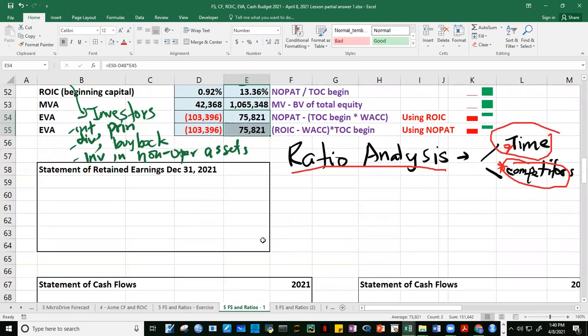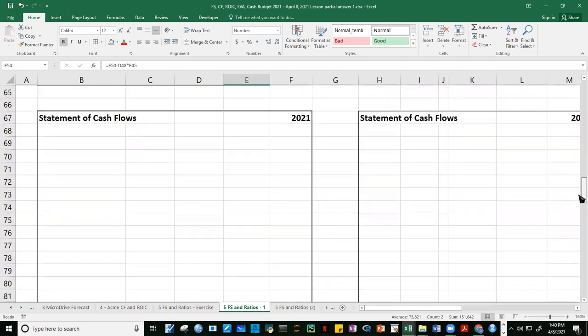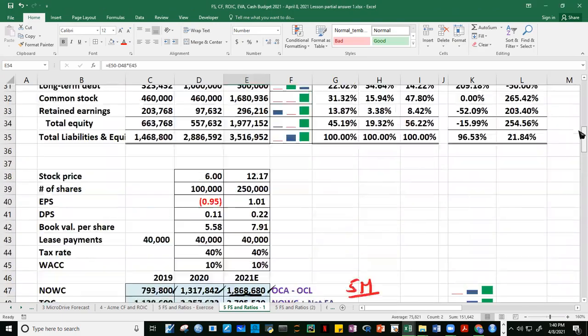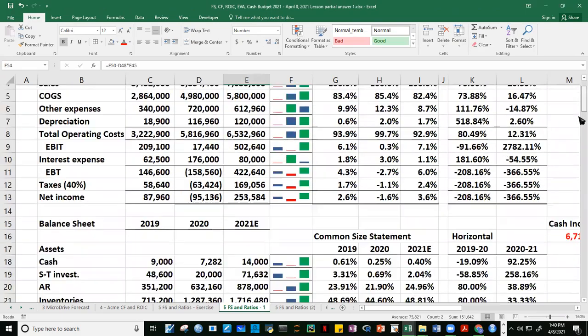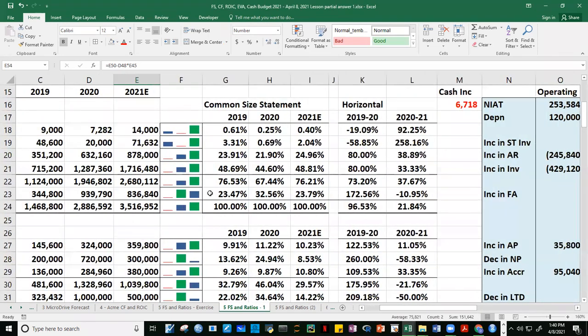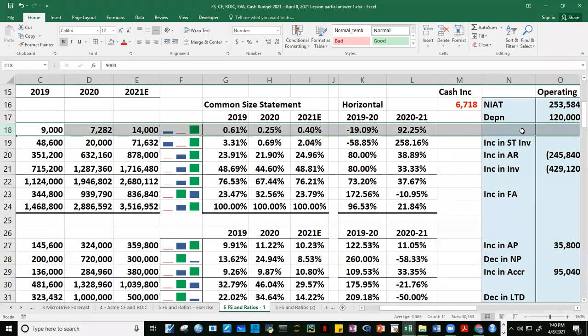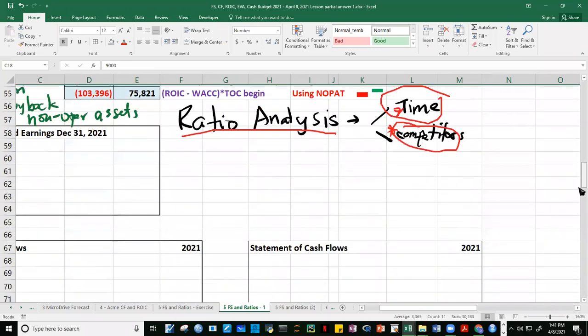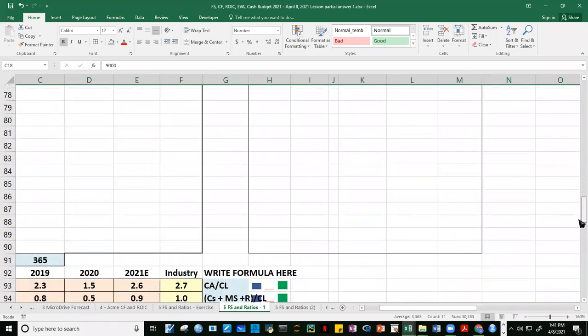So, I'll leave you guys to do this in statement of retained earnings. May pattern na naman kayo niyan. Okay, thank you, Christian. Okay, and then statement of cash flows. Okay, and dito yung pro forma. Dito ko na lang ginawa yung pro forma, guys. Katabi mismo ng balance sheet para mas madali. So, katapat siya mismo. Okay. So, with that, guys, we now go to,